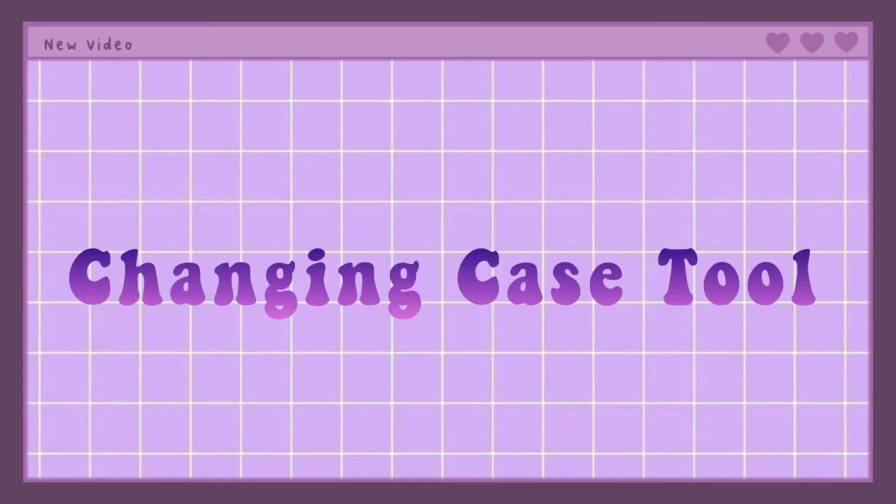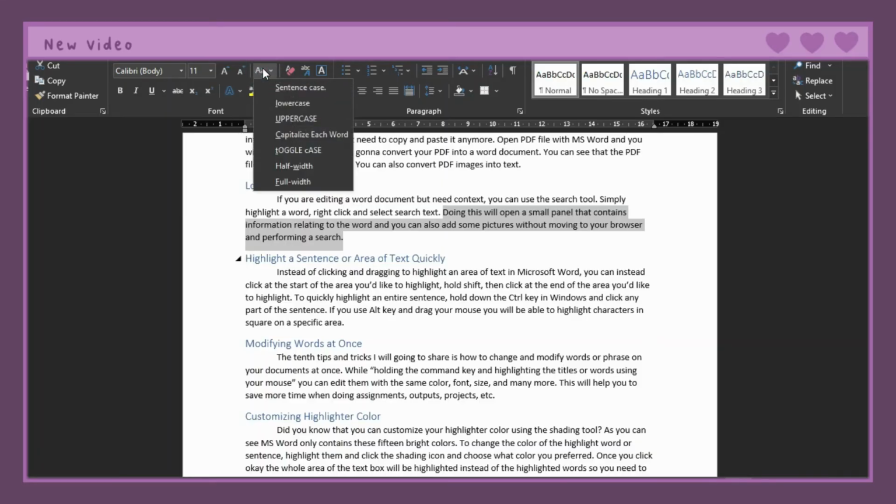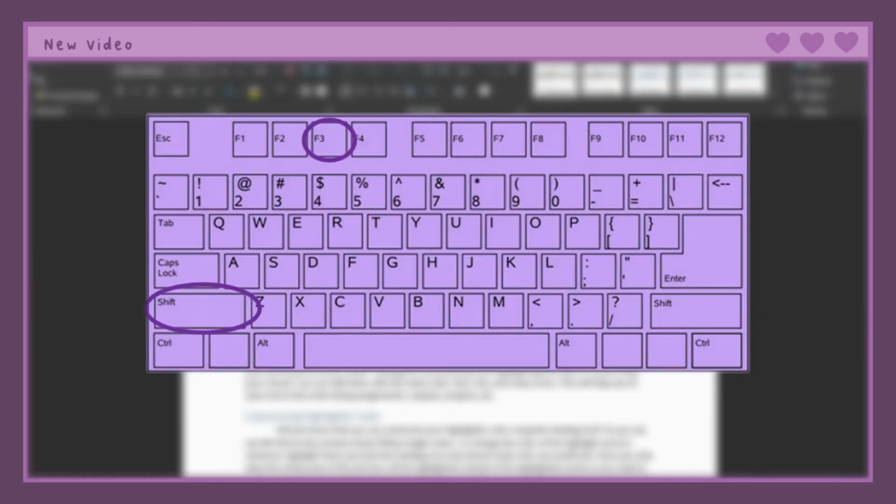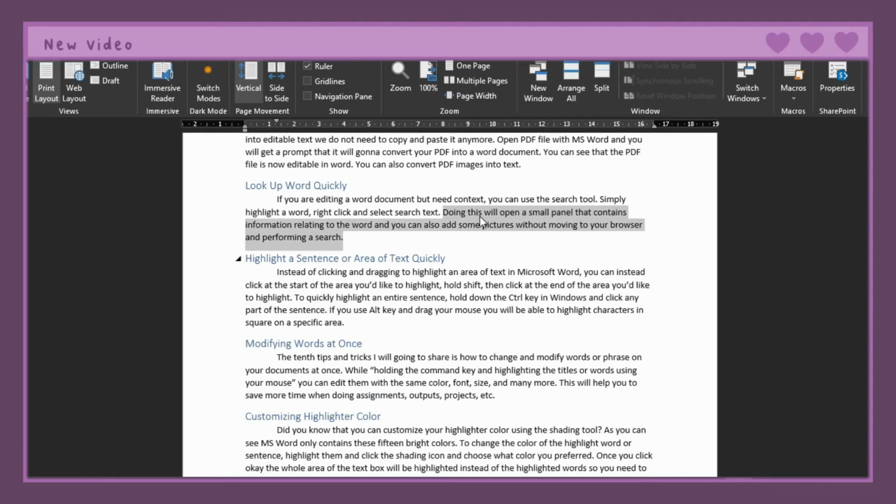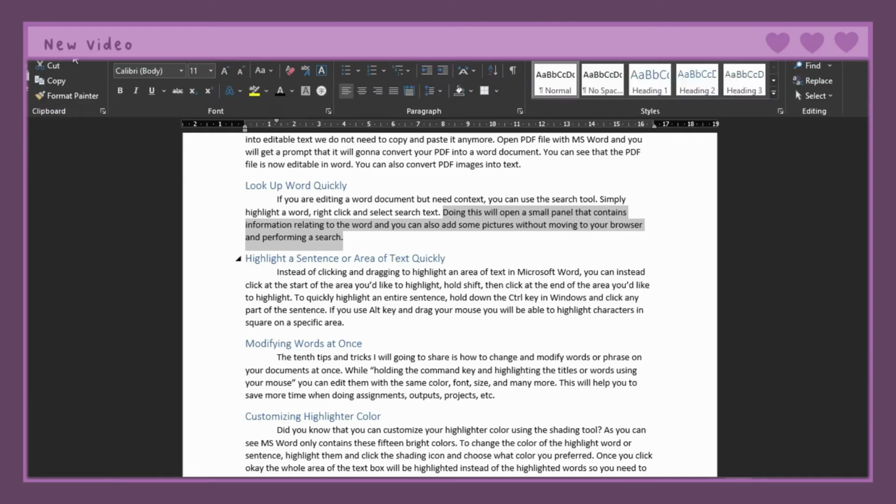Another trick is how you can change the case. Are you also one of those people that tend to go back and delete the full word they typed because they forgot to change the case they used? Well, this keyboard shortcut may be the solution you are looking for. To avoid that, just press the Shift key and F3 on your keyboard. By holding the Shift key and pressing F3, you can change the case of a certain word or sentence without deleting it or going back to the Home tab to click the Change Case icon. This also works on sentences and paragraphs.